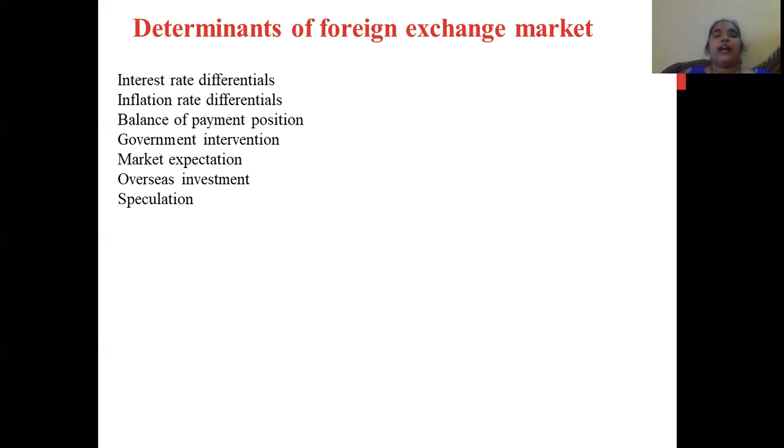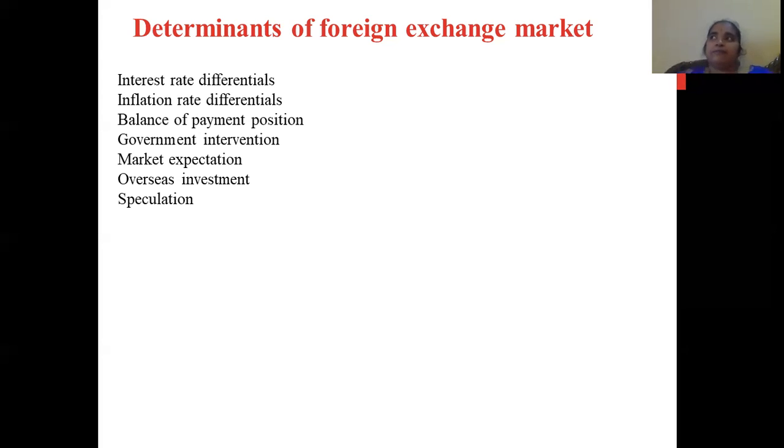On the other hand, in country B, the interest rate is 12%. Now, as a businessman, which country will you borrow from? Obviously from country A, because the interest rate on loans in that country is less. So you are going to borrow money from country A,